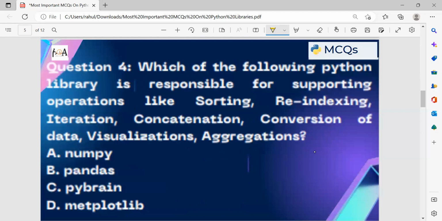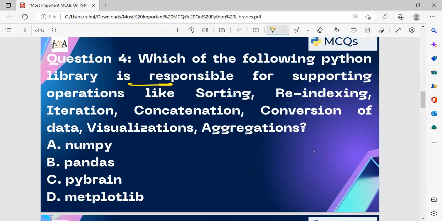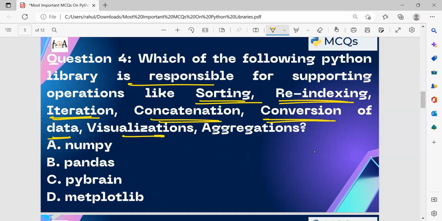Question number 4. Which of the following Python library is responsible for supporting operations like sorting, re-indexing, iteration, concatenation, conversion of data, visualization, and aggregations? NumPy, pandas, pybrain, or matplotlib? Out of these four, which is correct?